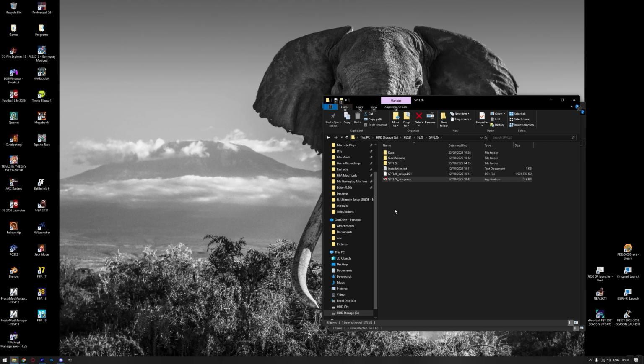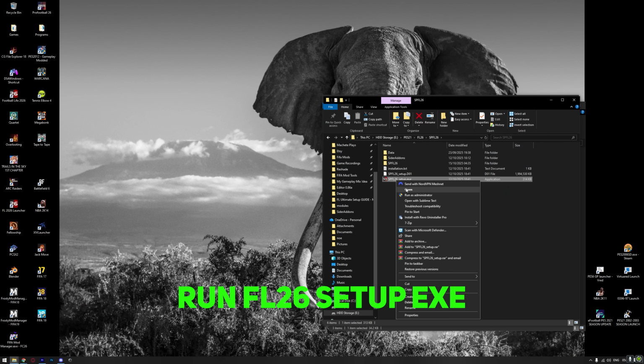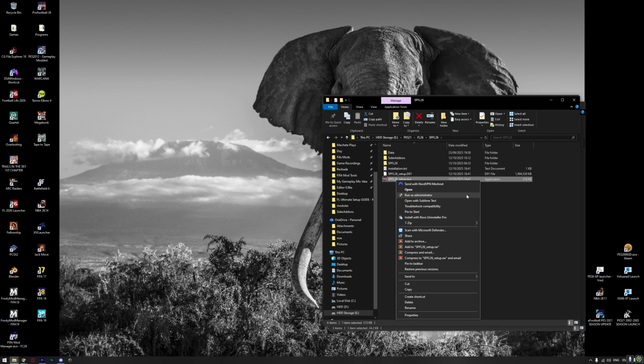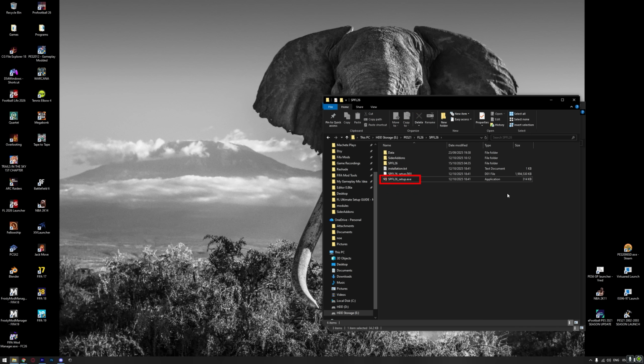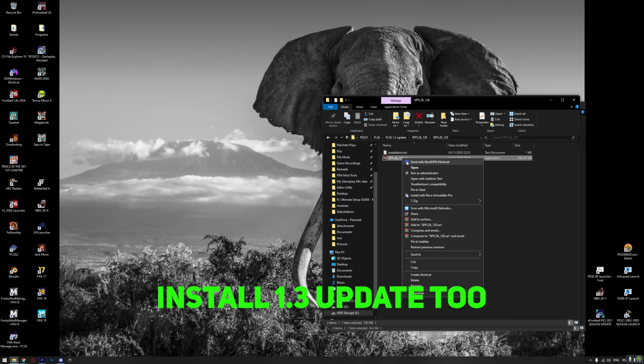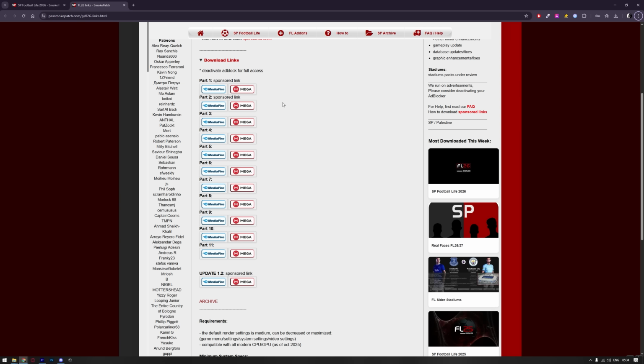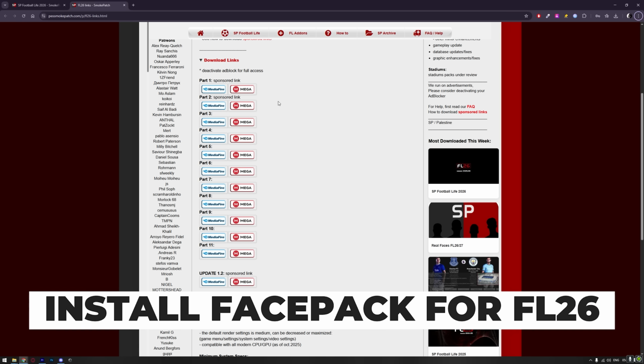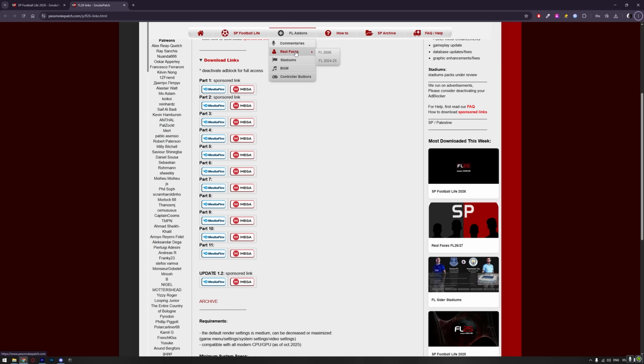Alright, once downloaded, unpack the game files and install Football Live 26 using the setup file. Make sure to run it as administrator. Once the installation of the base game is done, install the 1.2 update as well. Got it? Great. Next we will install Facepack for Football Live 26 and also the update that was released for